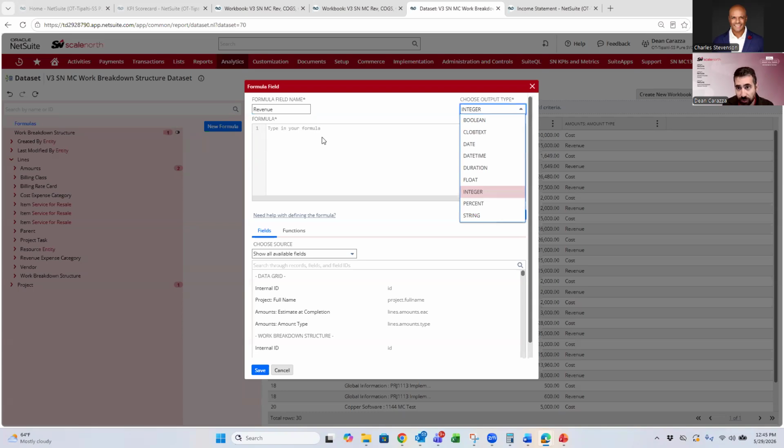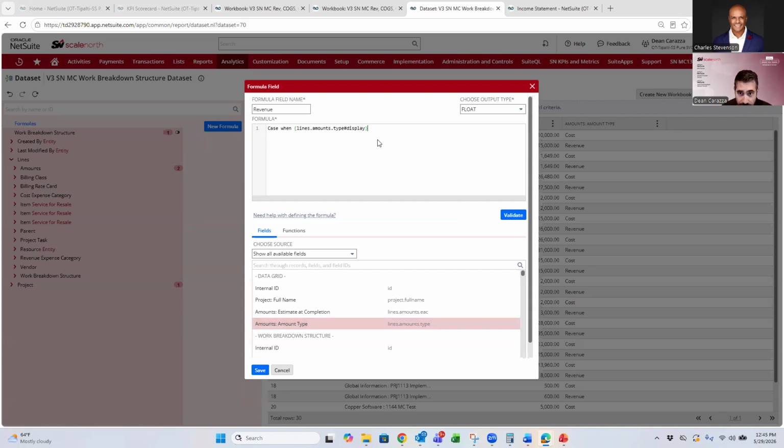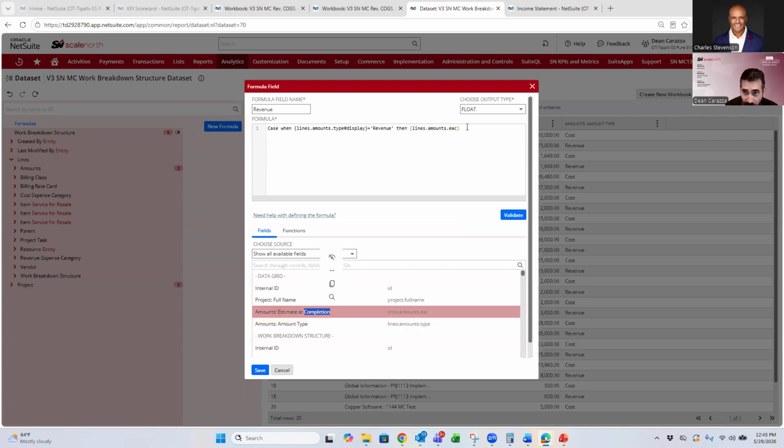Again, we'll change this to a float type. And this is kind of similar to what we did earlier. So the formula will be case when the account type here is equal to 'revenue', then grab the amount field here by double clicking,